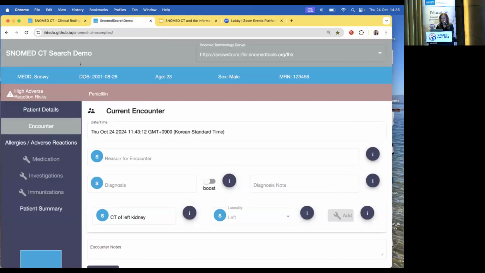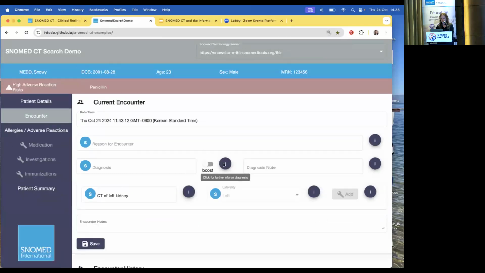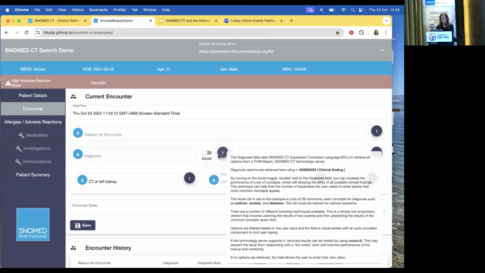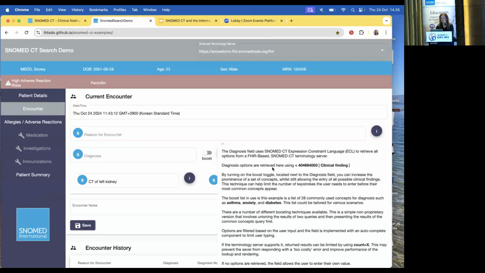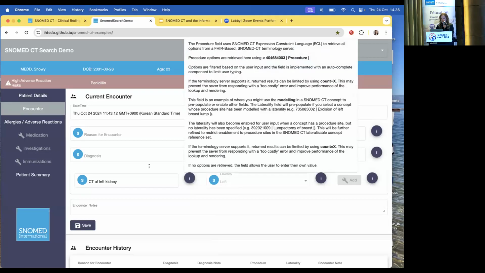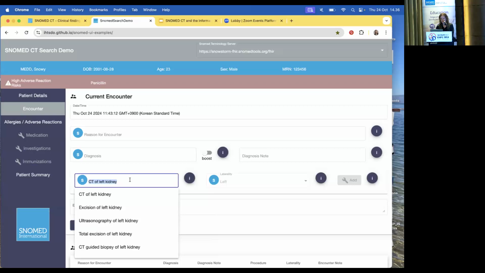But we have a user interface demonstration, and terminology binding is really what goes on when we constrain a field to a certain part of the terminology, clinical finding. And here you have the procedure, which has been bound to all the procedure concepts. So this does so that I can't, for example, if I type asthma in the procedure field,